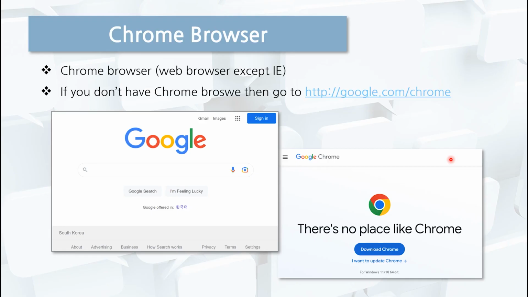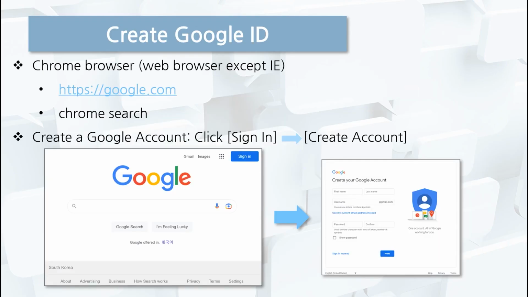you need to have a Google account. If you do not have a Google account, you will need to create a new Google account. If you already have a Google account, you can skip this step. If you do not have a Google account, don't worry. Just go to the Google website,